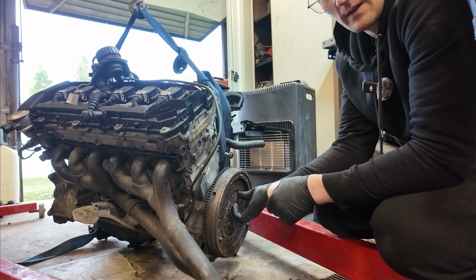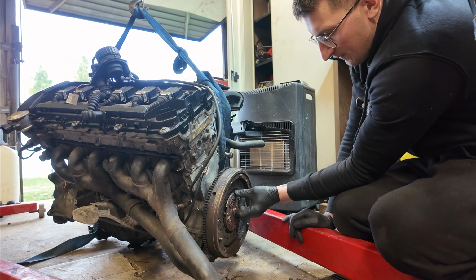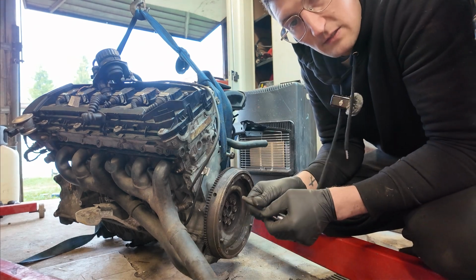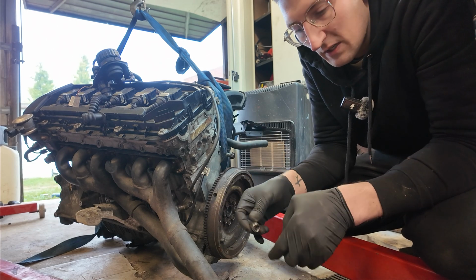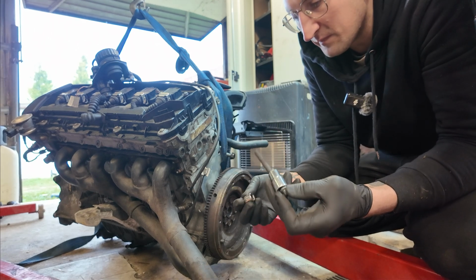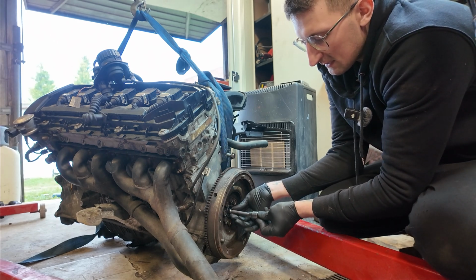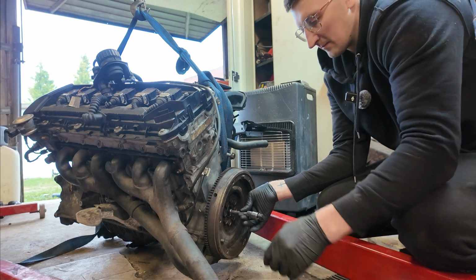Now we can put the clutch in. If I would remember now which side it goes, it would be much easier. So if you want to center the clutch and you don't have a special tool, there's a quite easy way to do it. What you need is a 10mm socket, a 13mm socket, and a long bolt. You put the 10mm socket inside first, then you put the bolt into the socket,